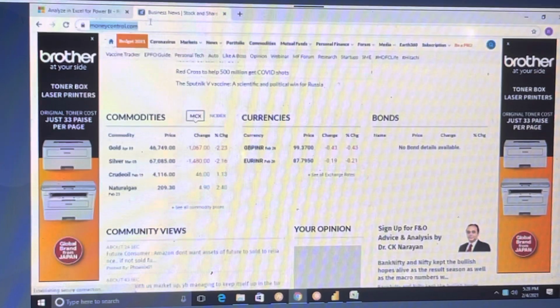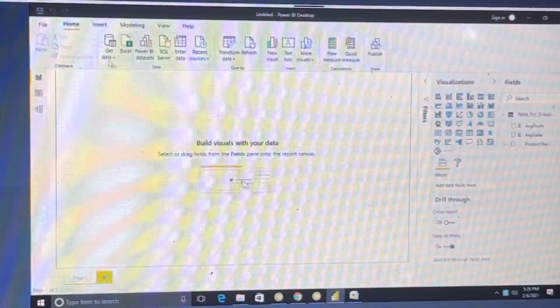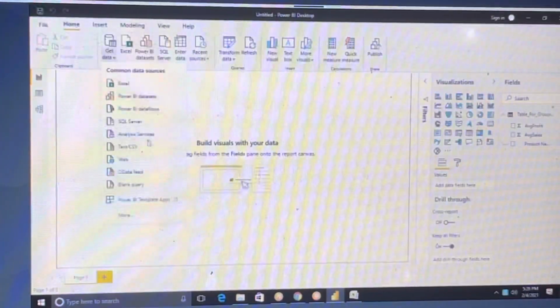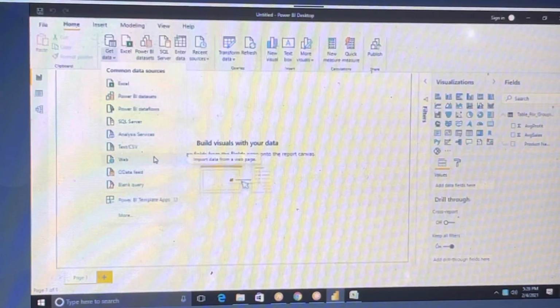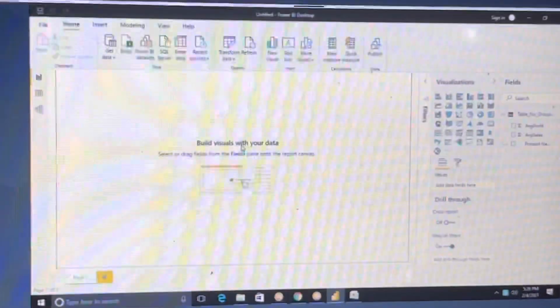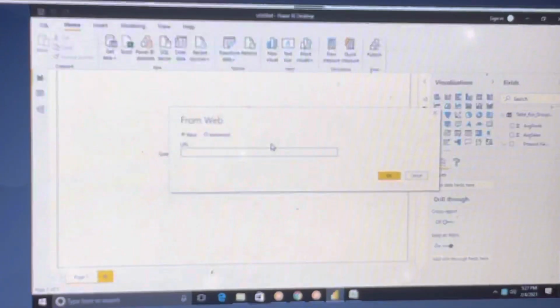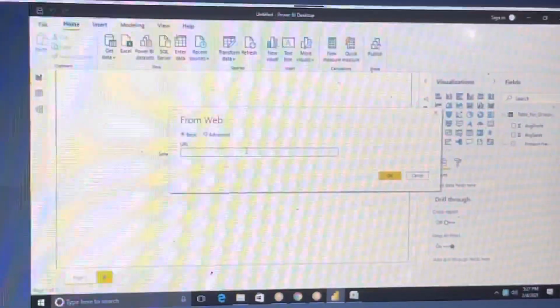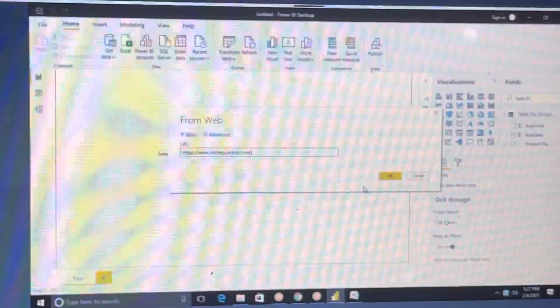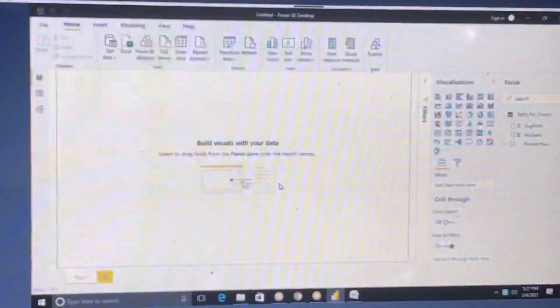For example, let's take this URL and go to Power BI, click on get data. You will have the option web. Click on web and paste that URL. Click on OK.